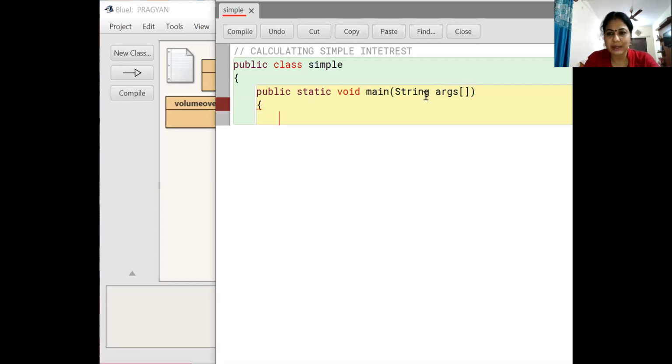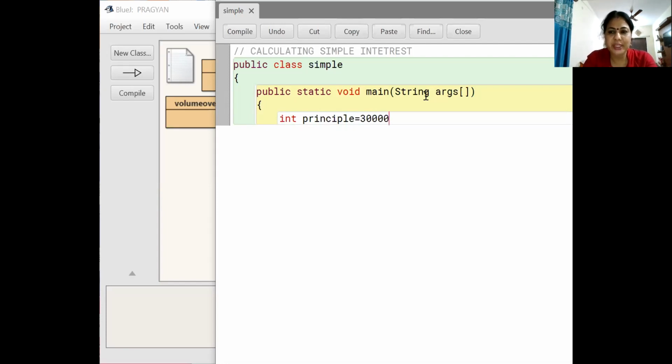Then the variable declaration. I already explained what is a variable or what is the input for the program. Here to find out the simple interest, what are the variables? I already mentioned in the question: the principal amount, next the rate of interest, third the year. How many years you are depositing your money for calculating the simple interest. Okay, so my three variables here. I have a variable principal amount, int, I define principal, initializing with the value 30,000.